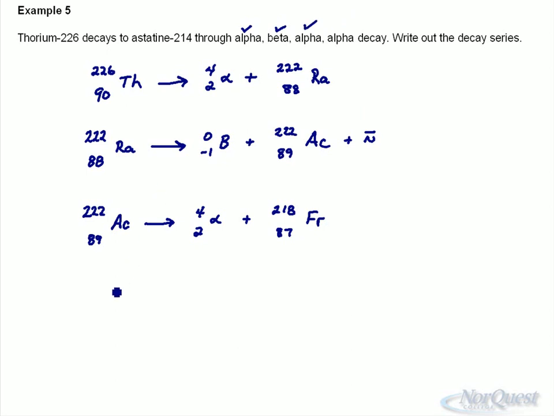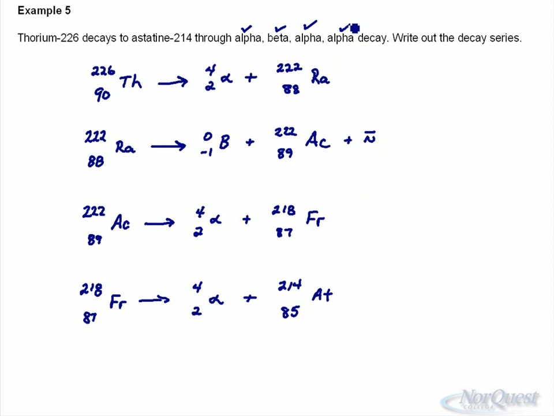And then do our last one, 218 francium is also going to undergo an alpha decay. And what are we left with? Well, 214, 85, 80. So there's the decay series listing the reactions